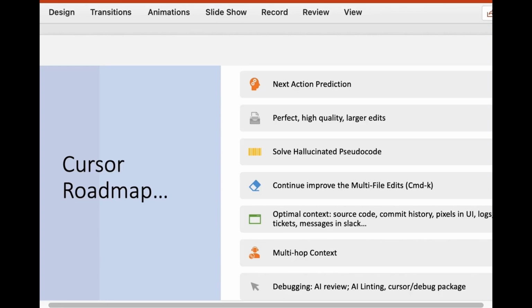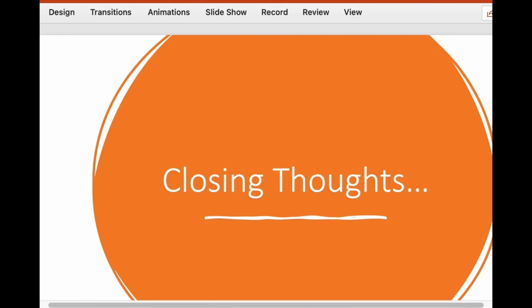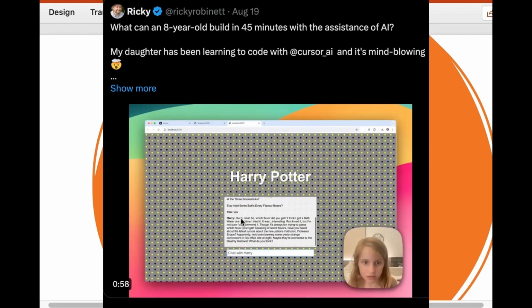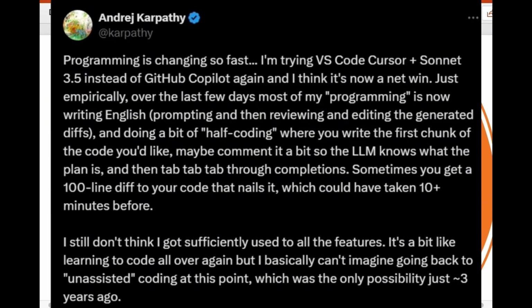Can't wait to see what's the next AI coding companion we can get here. As we saw so far, it really helps break down the knowledge barrier, allowing newcomers to quickly get started. I also saw that video about an 8-year-old girl who coded a chatbot in 13 minutes. Actually, I also can't wait to introduce it to my 7-year-old son, and I'm very curious to see what he will create with it. And at the same time, for experienced developers, it's a massive productivity boost. And we are entering a new age where anyone can become an engineer.